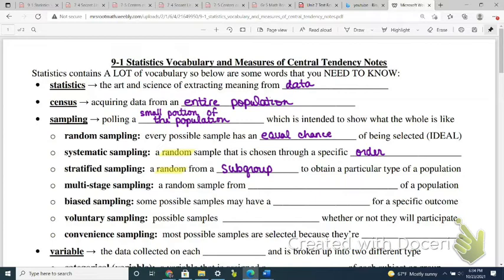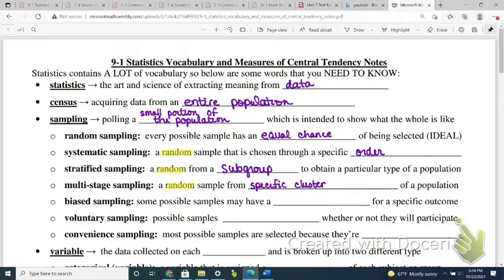And the third type of random sample is multi-stage sampling. This is a random sample from specific clusters of a population. So, for example, if I want to find out about how people feel about a new law that is about to come into place in Michigan, I'm not going to ask the people of Washington to weigh in on it. I'm only going to focus on the people in Michigan